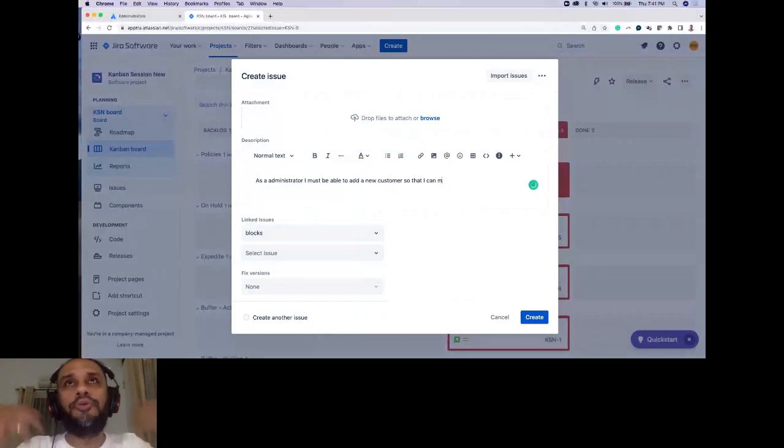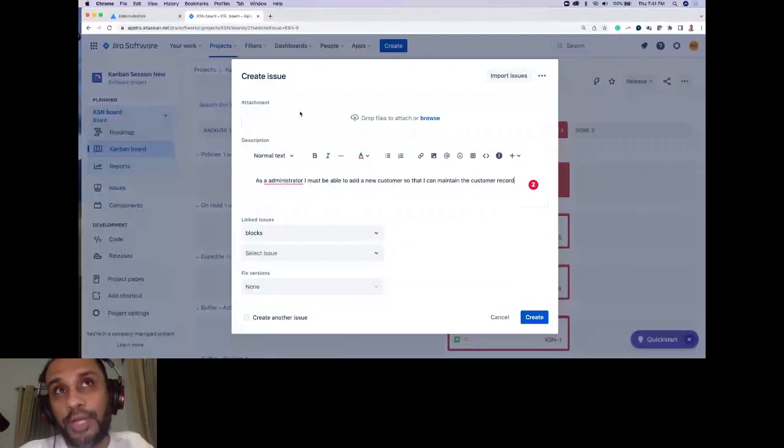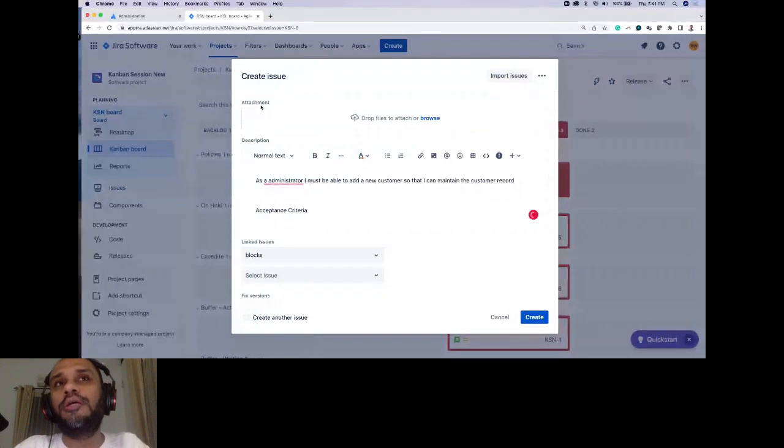Right, so basically, you can make your work to be done visible in your description section. Now again, you have the option of adding custom fields also to your issue creation screen, and you can add a custom area where you can actually add your acceptance criteria separately. Or you can add your acceptance criteria here itself. Right? Again, clear visualization is important.